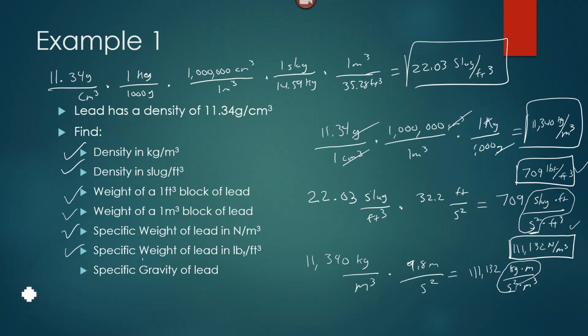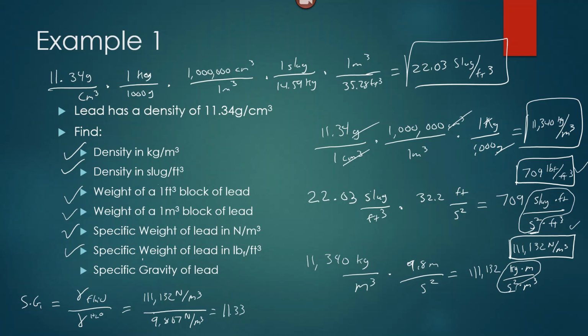So we can find specific gravity equals specific weight of the fluid divided by the specific weight of H2O. So that would be something like specific weight of the fluid being 111,132 newtons per meter cubed divided by 9,807 newtons per meter cubed, and that's going to give us